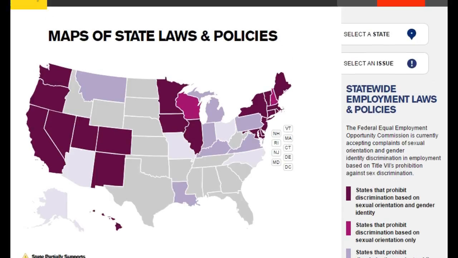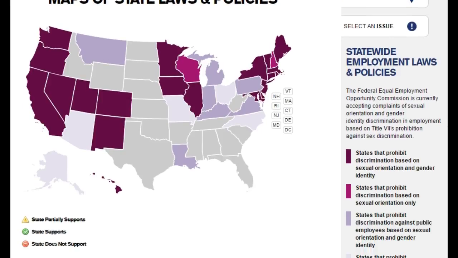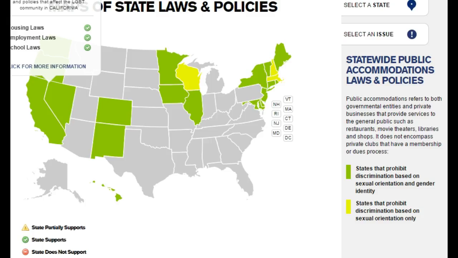Another issue that is really crucial in this realm is public accommodation discrimination. The question is whether a restaurant, for instance, can refuse to serve someone, or whether a bakery can refuse to make cakes for gay weddings. We've heard lots of cases of that. The green and yellow states prohibit discrimination based on sexual orientation in public accommodation. So if you have a business and you don't want to sell to someone who is gay, only the green states are places where that's problematic.